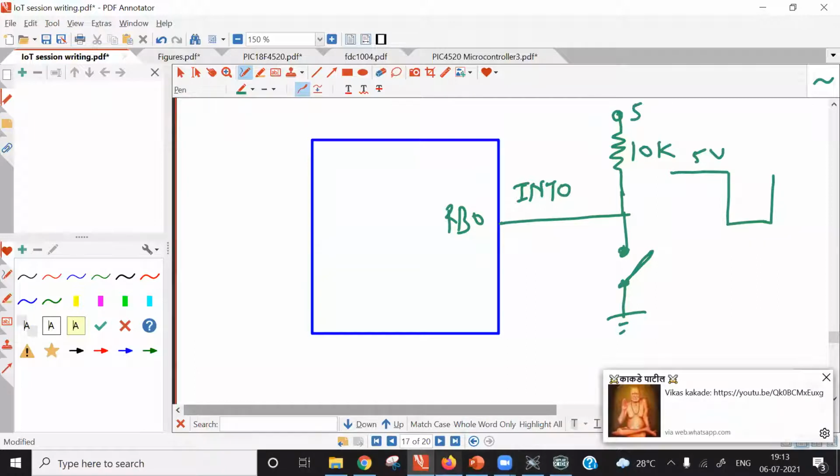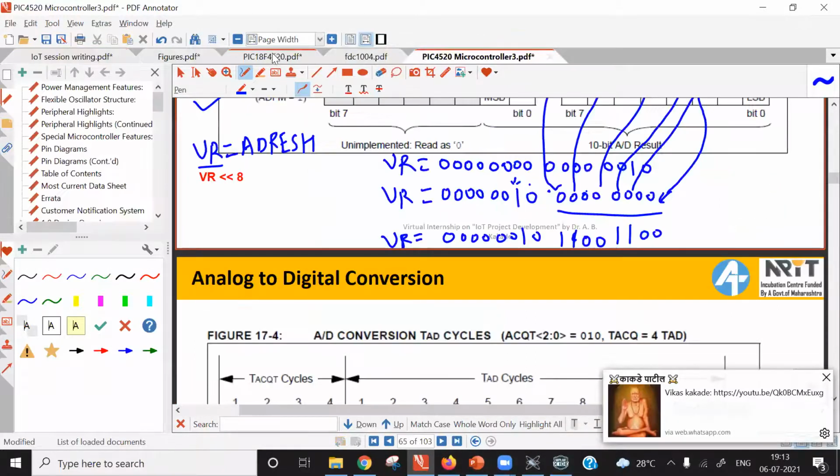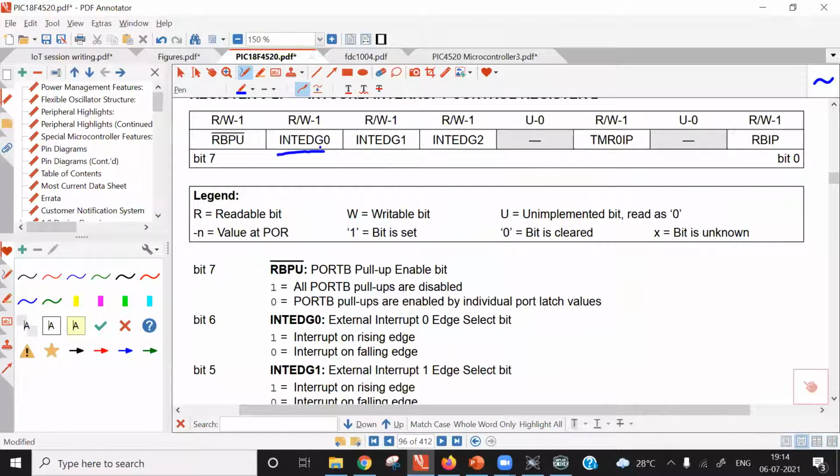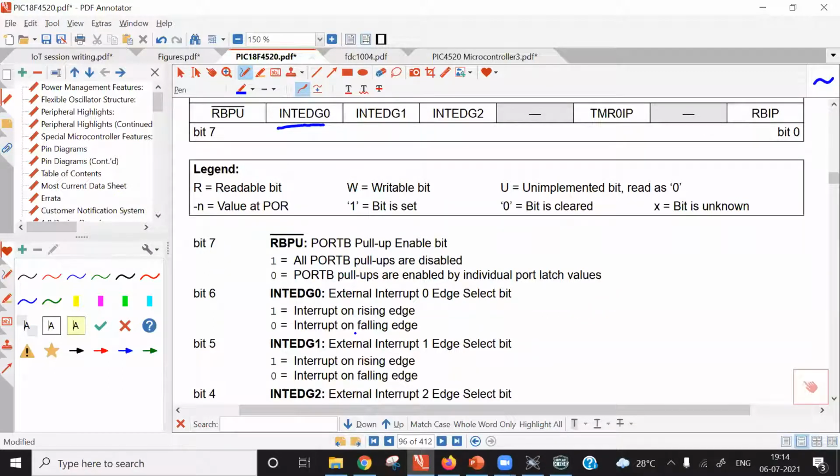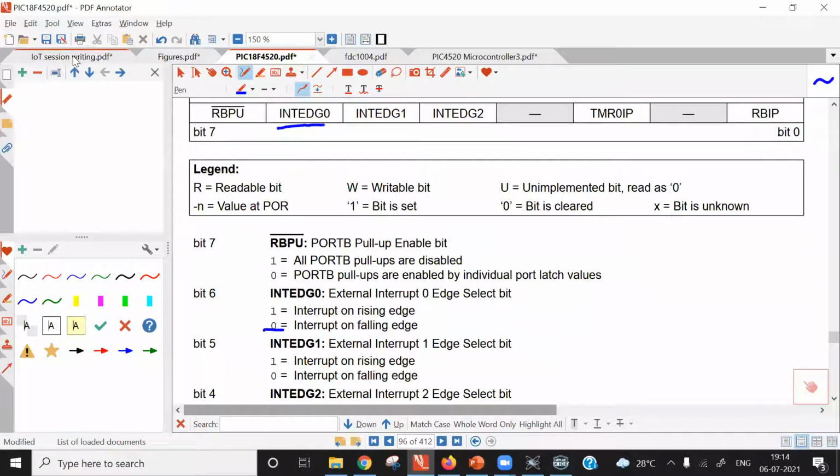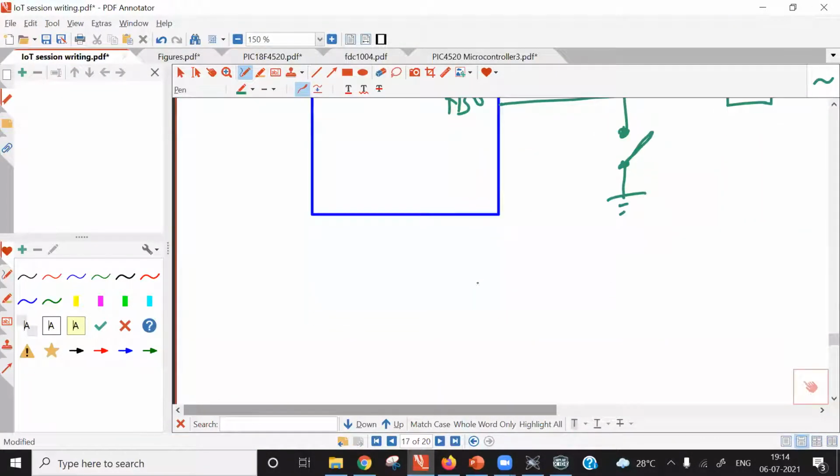So therefore, this INTEDG0 bit should be logic 0. When this bit is 1, interrupt on rising edge will be triggered. You can also make use of interrupt on rising edge. So what you need to do is you need to do modification here. So modification is,